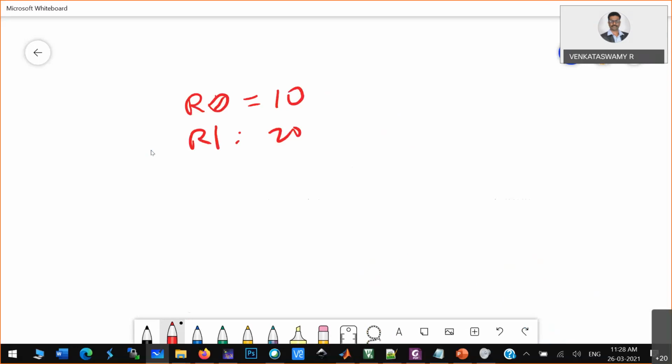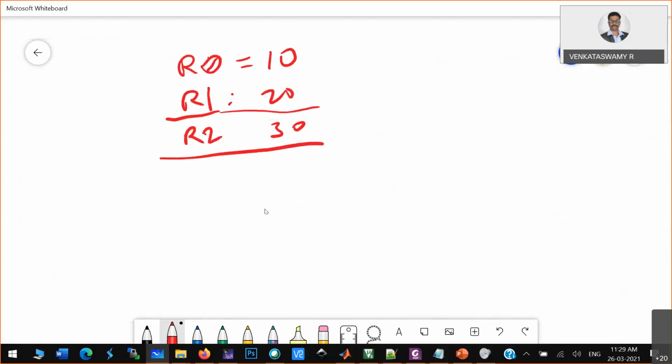Then my intention is I want to add these two numbers and store the result in R2 register. So this is my logic. I just want to perform the addition operation. Now how can I do this in ARM? Very simple. I'll just write the code.